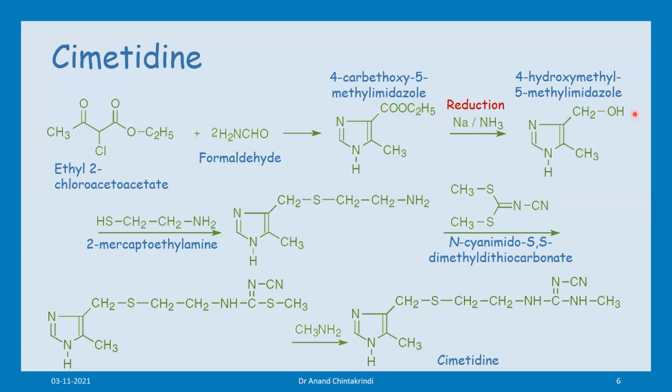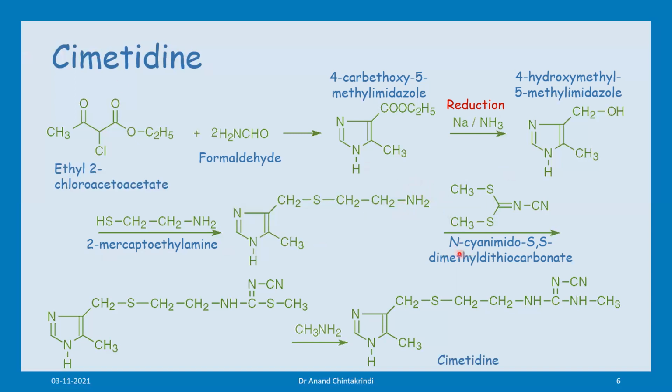The next step is attachment of this thio derivative by replacing this hydroxy, which is achieved by condensing with 2-mercaptoethylamine. Now at this amino position, you want that cyanoimino group, which is peculiar to cimetidine,